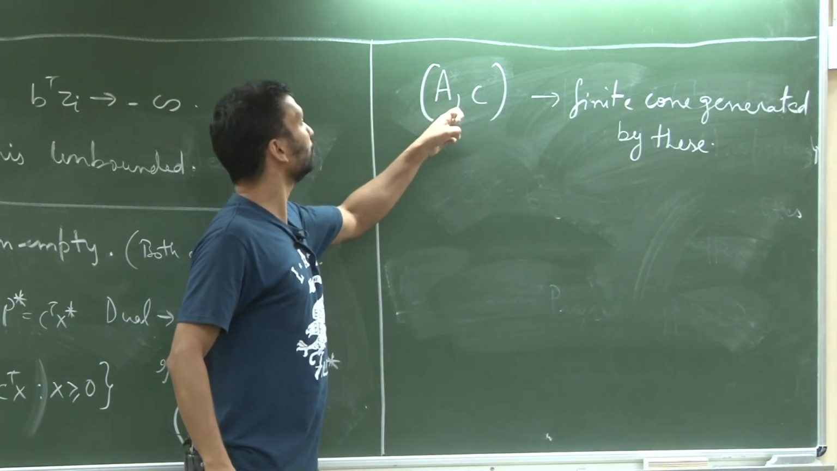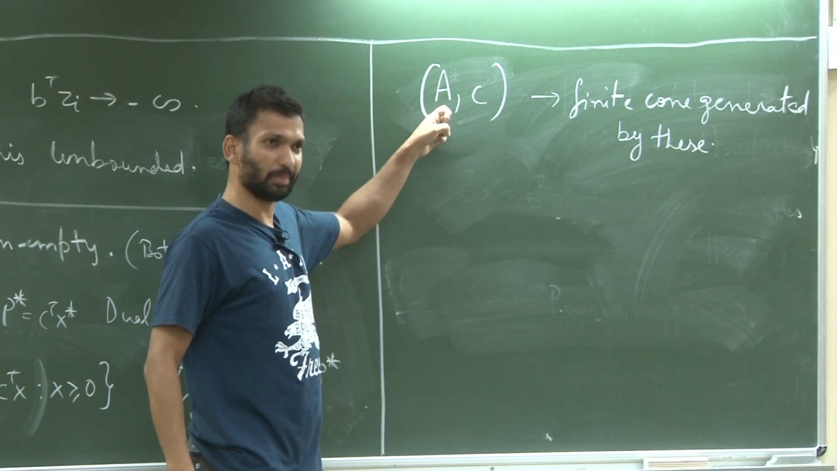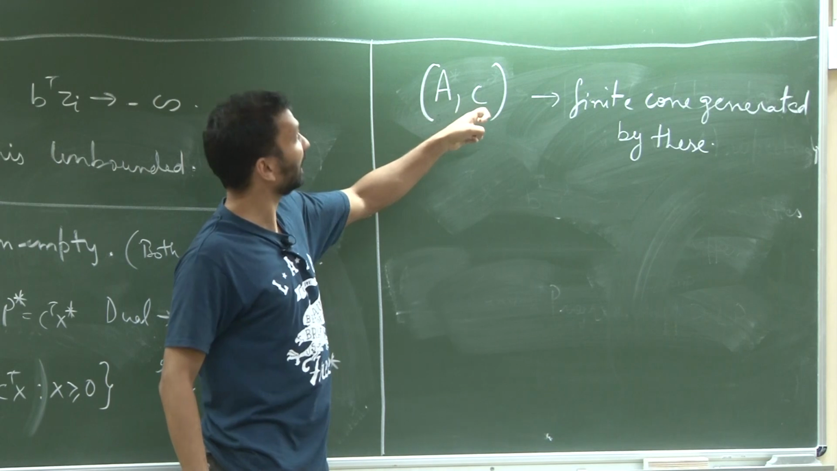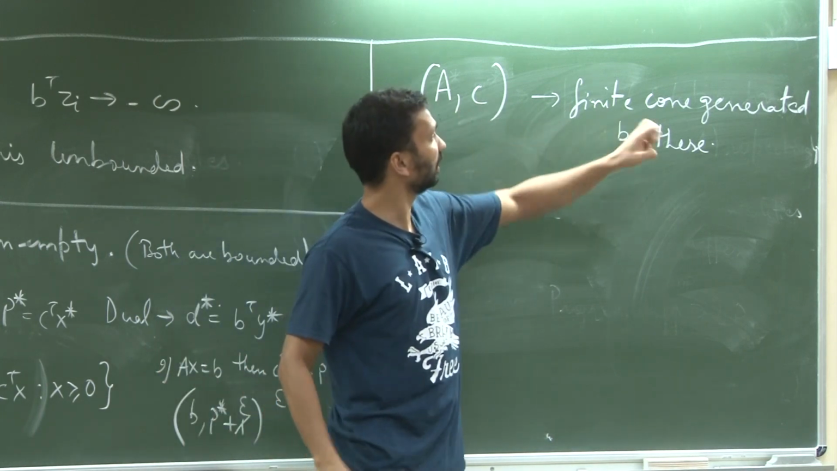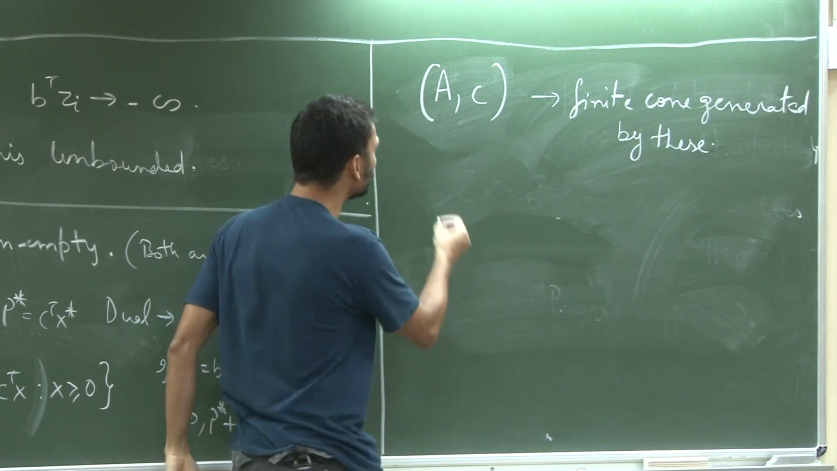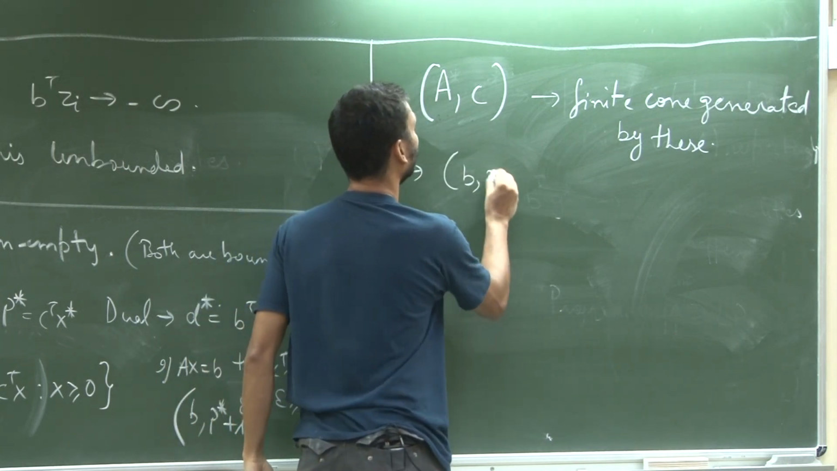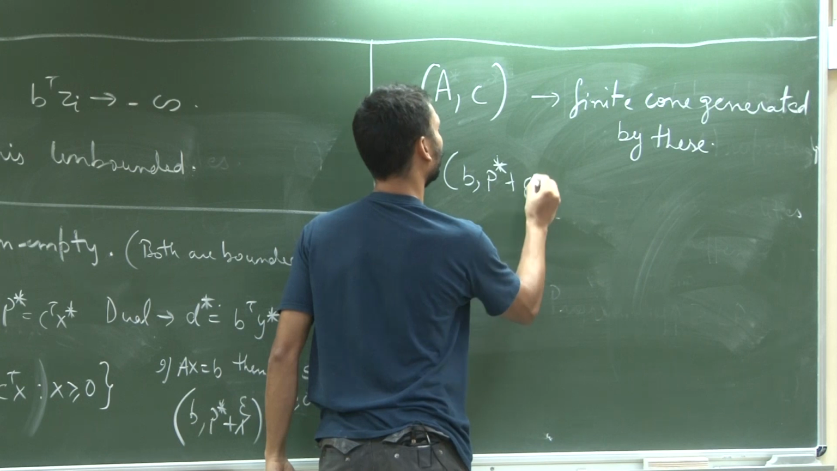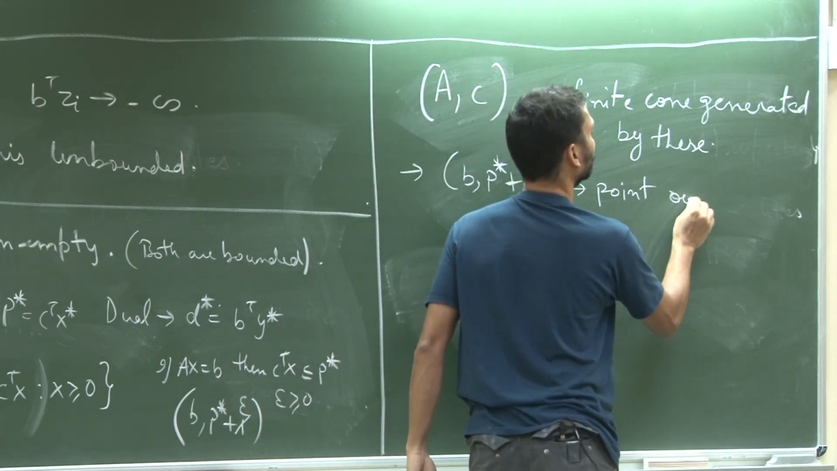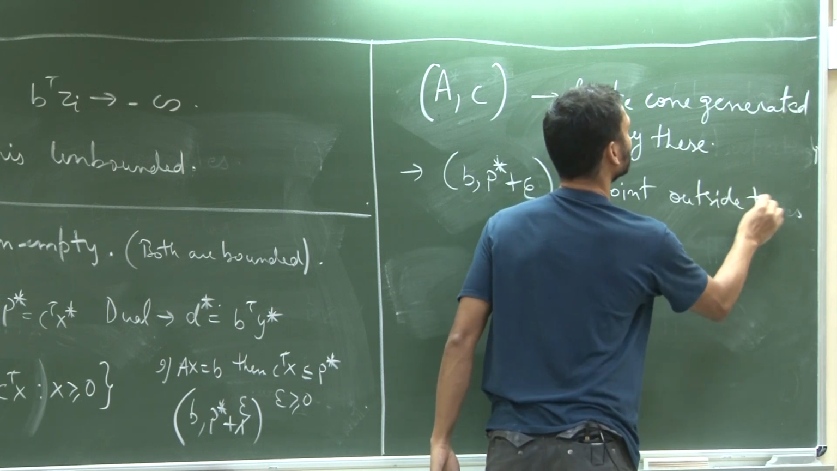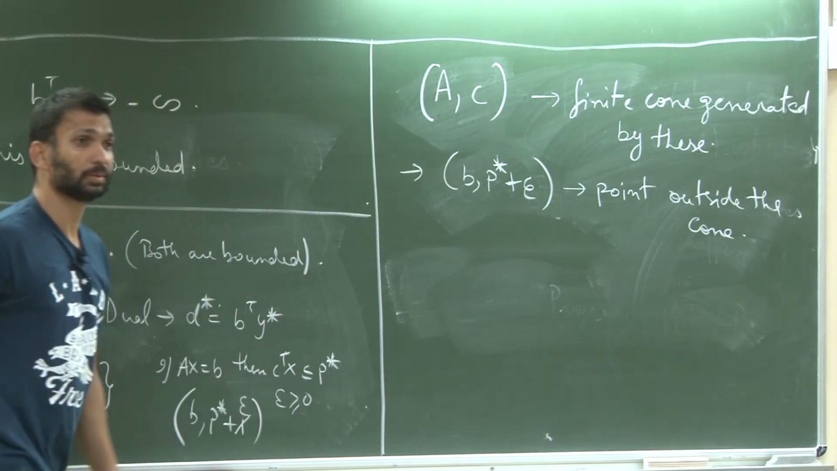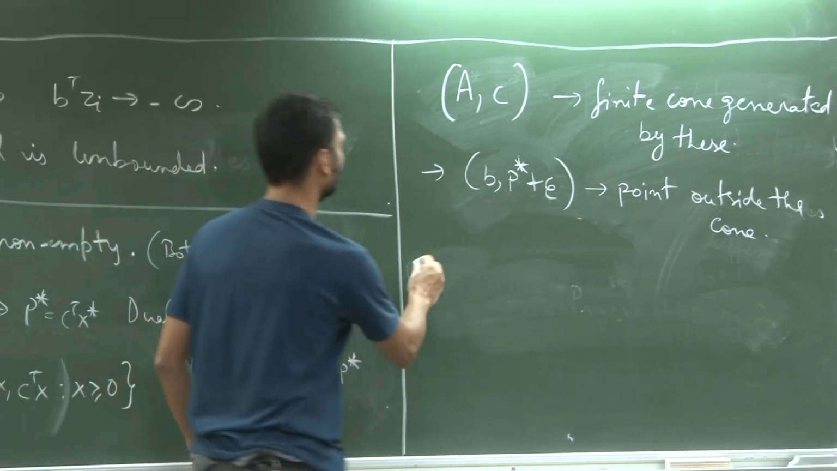Now, ideally there should be vectors here, but it is understood. This is a matrix. I am talking about the columns of this. So, columns of A and C, they generate a finite convex cone, right? And we also know this is the point outside the cone. Okay. So, idea,